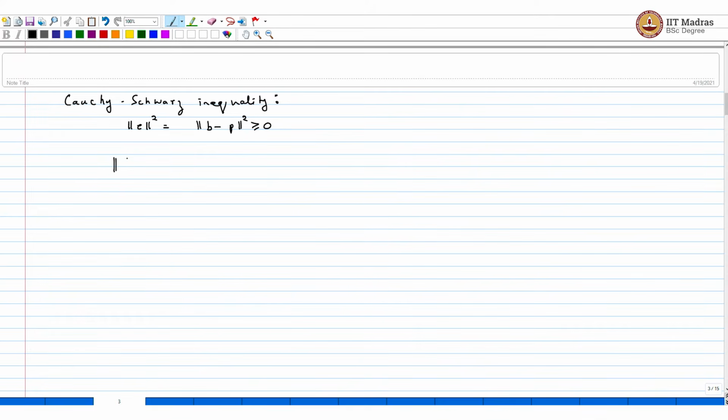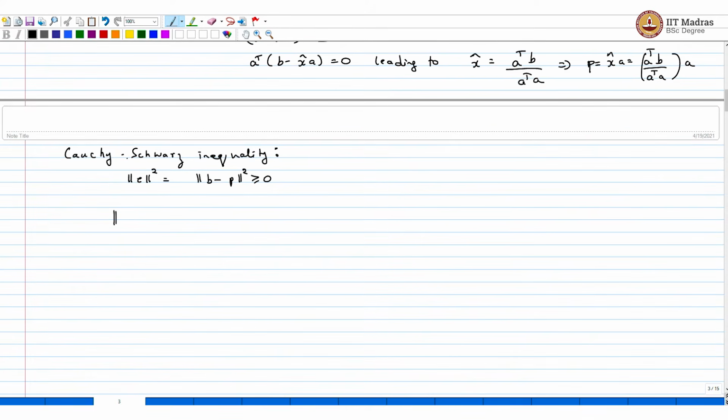Now let's substitute whatever we have learned. Just recall P is this, so I can write B as B minus A transpose B divided by A transpose A into A, the square, and this is nothing but just the square of the first